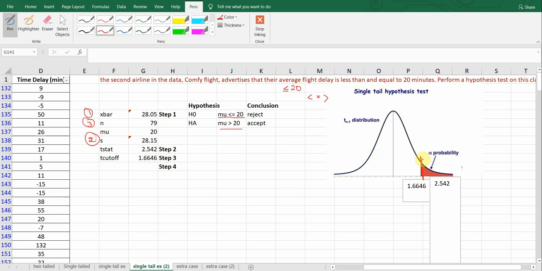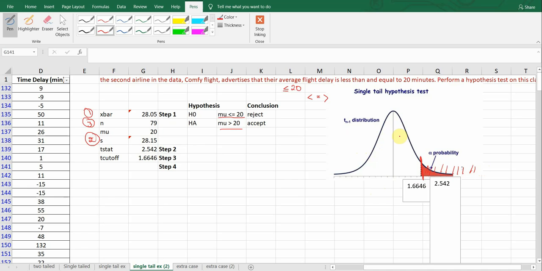So towards the right of this particular point, 1.6646, our rejection region will lie. Towards the left of this particular point is our acceptance region. So in order to accept a null hypothesis, our t statistic value should lie in this particular acceptance region. But if it falls in this particular rejection region, that is towards the right of 1.6646, then we will reject